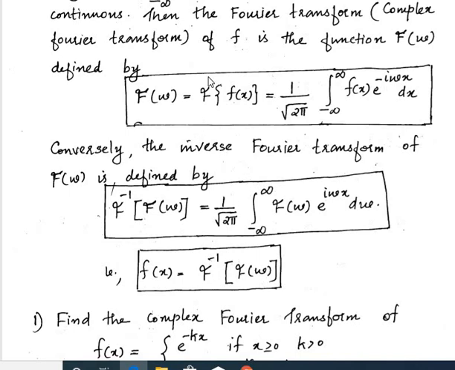So we have learned there are two formulas, the Fourier transform and the inverse Fourier transform. The Fourier transform formula is this one, 1 by root 2 pi integral minus to plus infinity f of x e raised to minus i omega x dx. And the inverse is given by the formula 1 by root 2 pi integral minus infinity to plus infinity f of omega e raised to i omega x d omega. This f of omega represents the Fourier transform of the given function. The difference is that in the Fourier transform the exponential has the minus sign, and in the inverse transform the exponential has the plus sign, that is, i omega x.